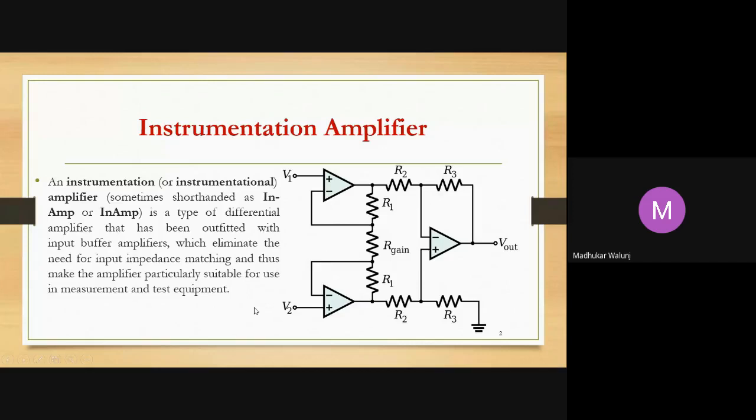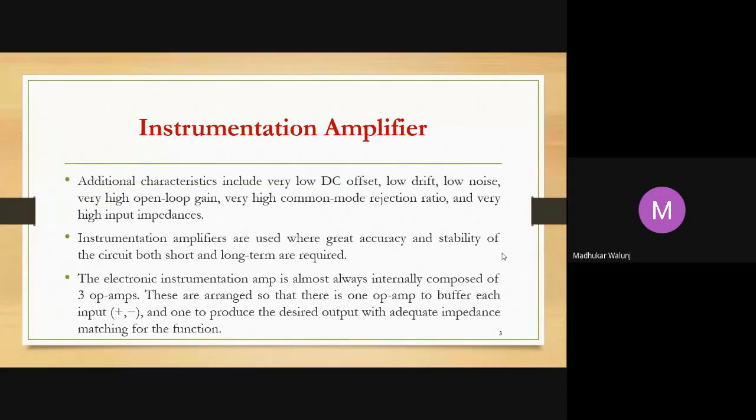Or we can have this particular thermistor connected in a Wheatstone's bridge network. We are going to see that Wheatstone's bridge network later on. The output of the Wheatstone's bridge network will be on two sides, one called the upper one and another called the lower one, and both can be connected, one at V1 and one at V2, and finally we'll have a V out. So we are going to see what is special in an instrumentation amplifier.